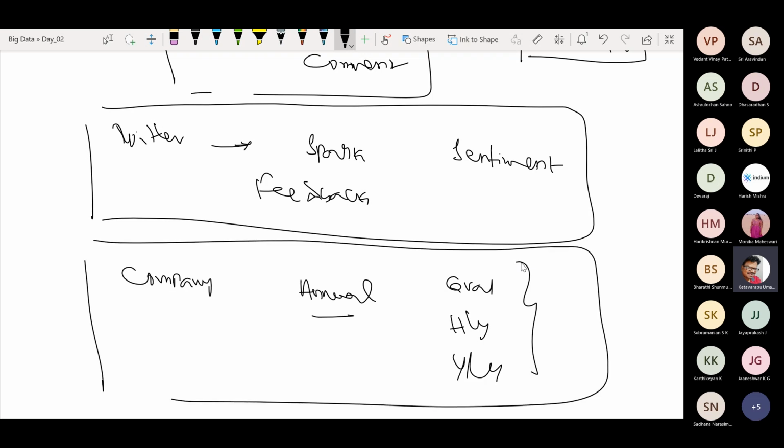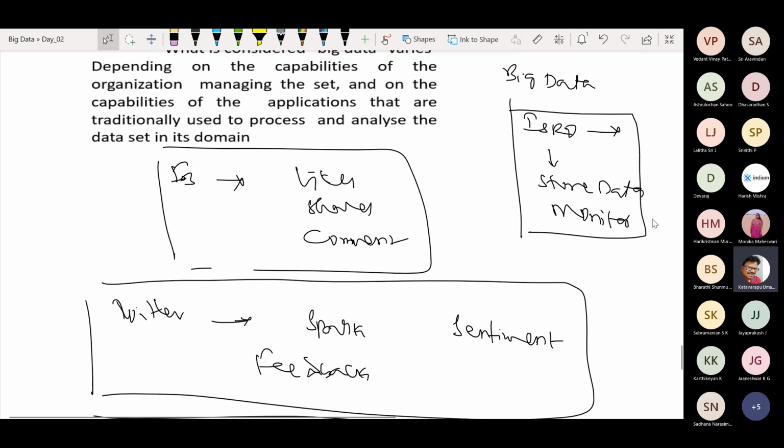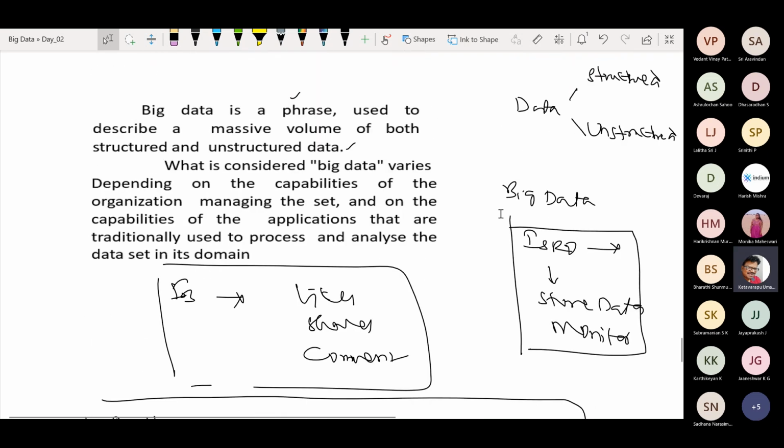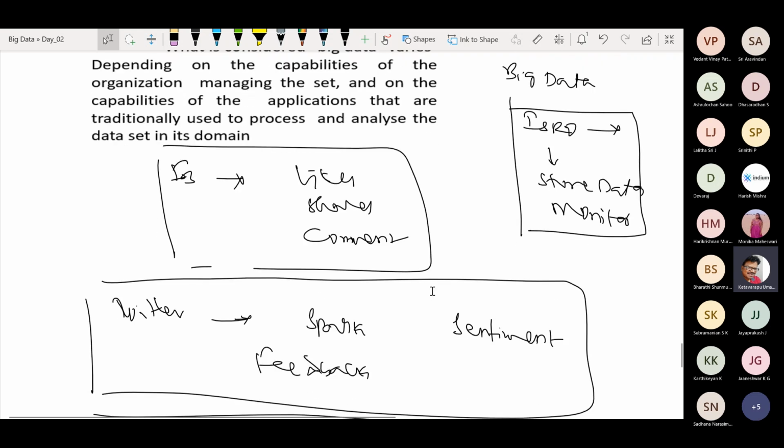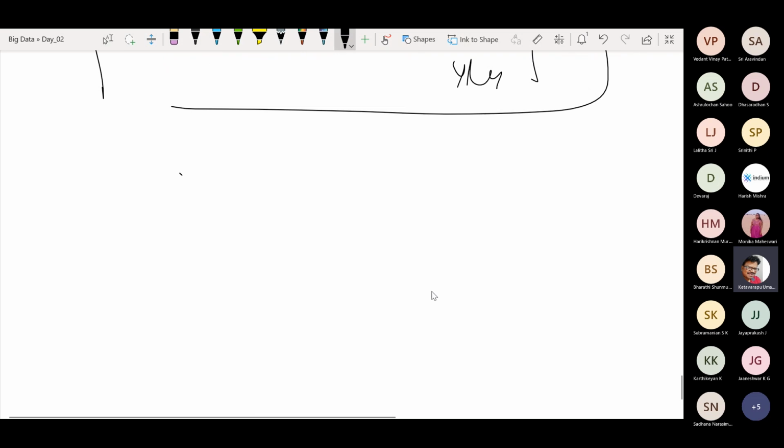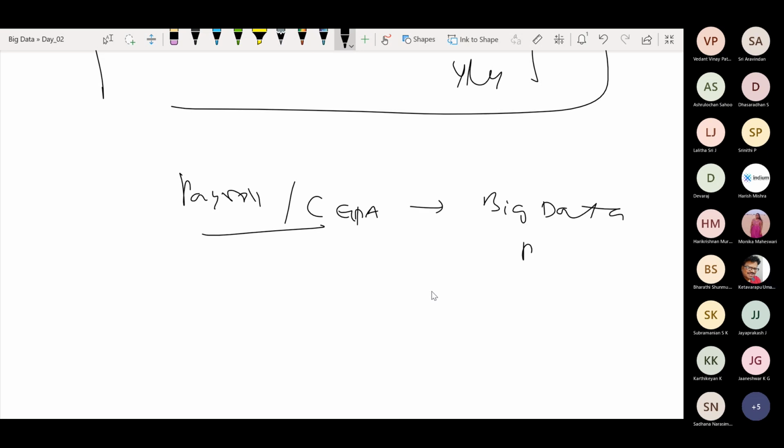Of course, all these scenarios belong to big data because we are managing massive volumes of both structured and unstructured data. And it doesn't mean that payroll of the employee or calculating CGP of the student